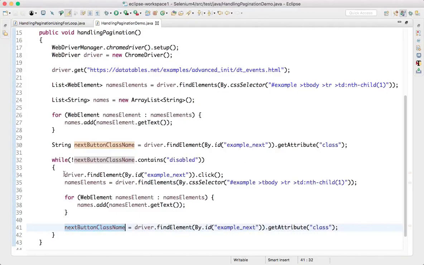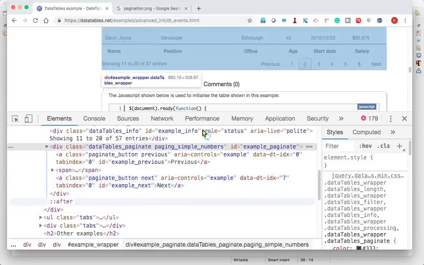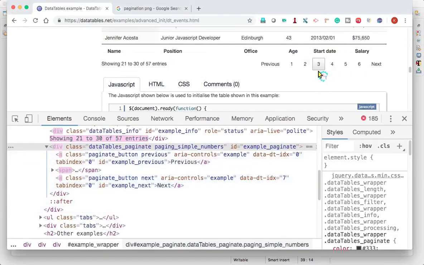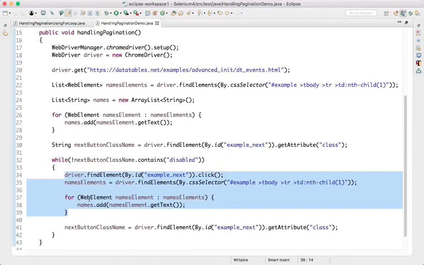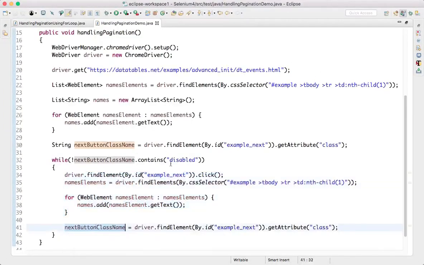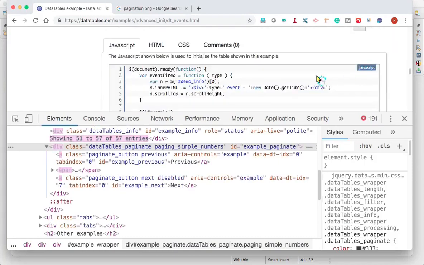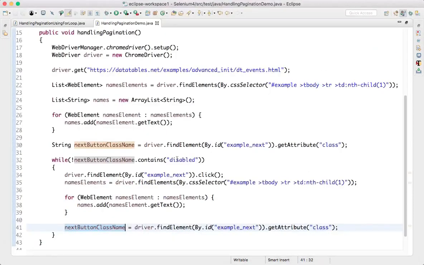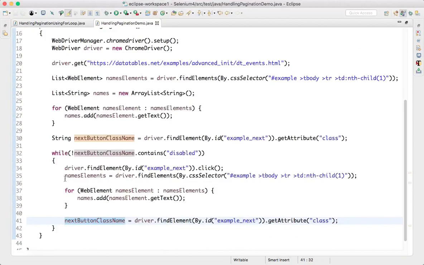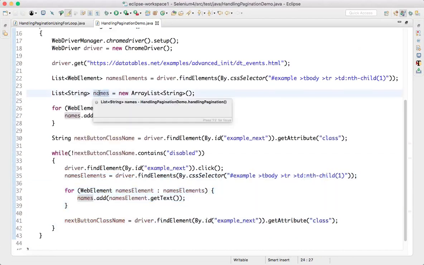So again it will go inside this loop and click on the next. So it will go to the third page. Same logic. Again class name, it is not having disabled. Click on the fourth, fifth, sixth. When it reaches the sixth page, it will capture all the elements and add the string to this list.